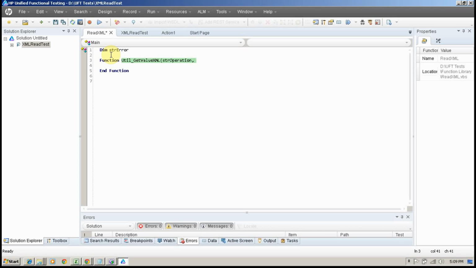All these 4 parameters that I used here, I just have to pass by reference to the function util underscore get value XML. So I'm doing that right now. Str file path, str node path, str attribute name,